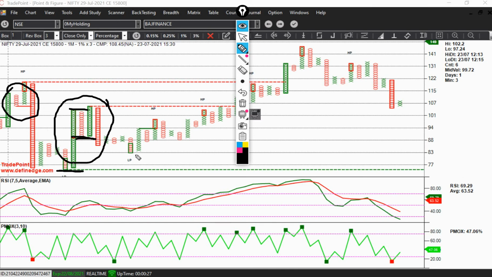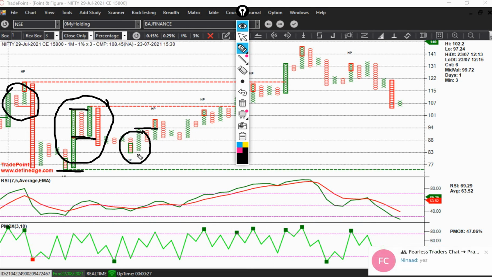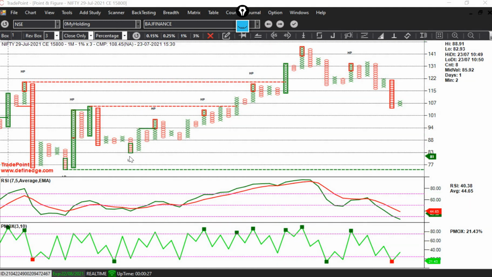So again there is another local during 11 AM in the morning. Here you see this is the local and this is our entry. After giving entry it didn't come to our stop loss. Our stop loss is here and it gave us the target, because here both the open interest of Nifty and Bank Nifty were in the same direction. So therefore you need to see this setup.